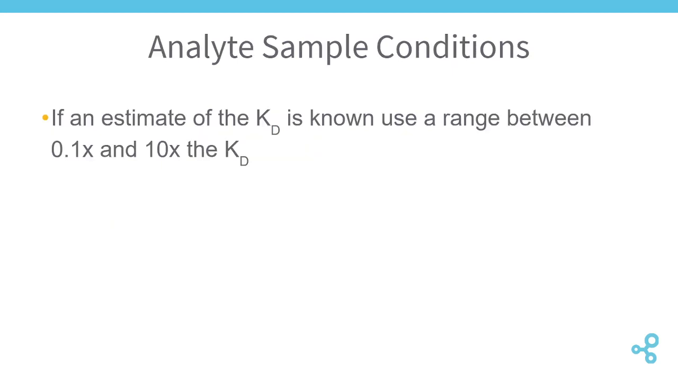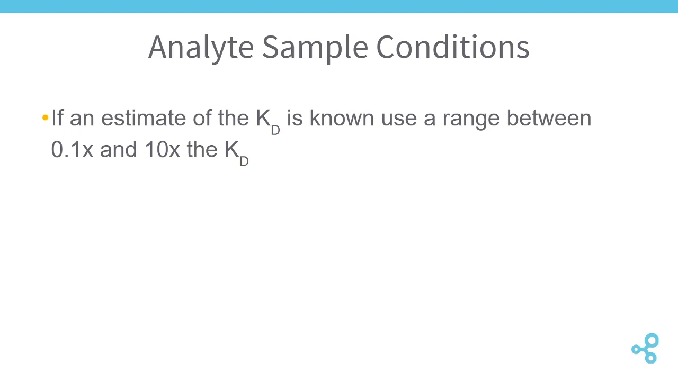All right, the next thing we're going to look at here is our analyte sample conditions. So for this, what we're talking about is what concentrations of analyte are we going to be using for our test. And these all come down to what the affinity is of our interaction. So if we have an estimate of that KD, so again, we go back to our literature search,